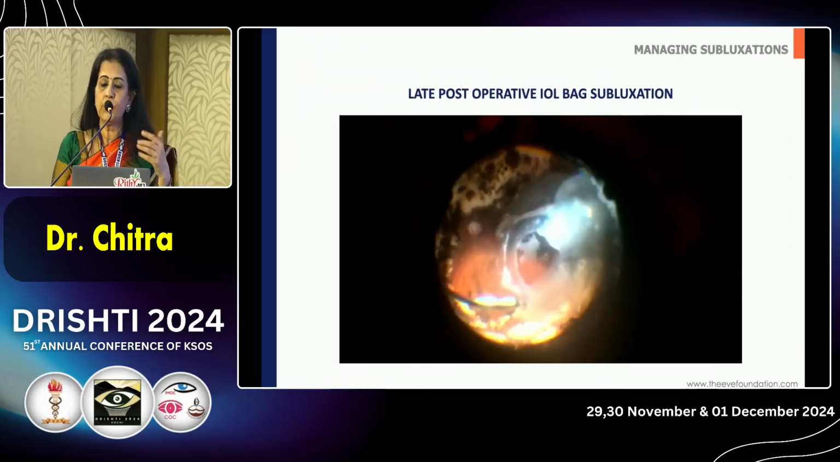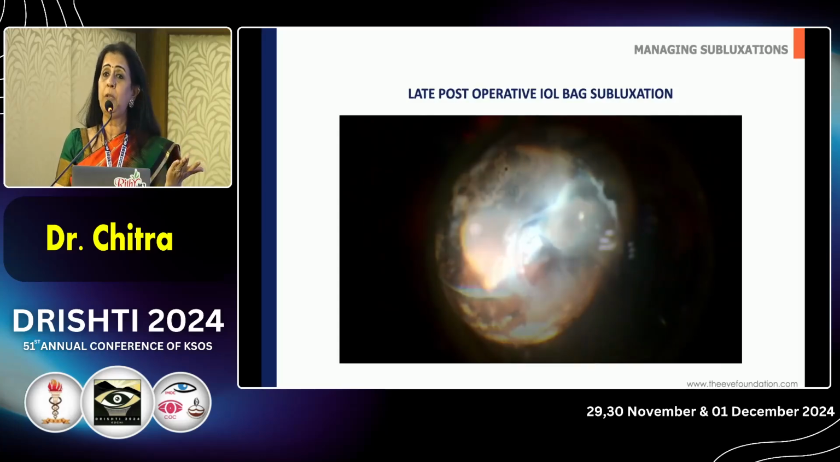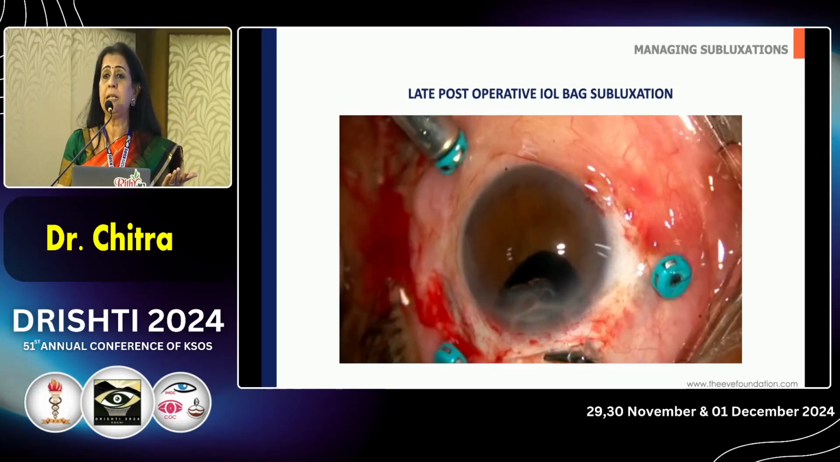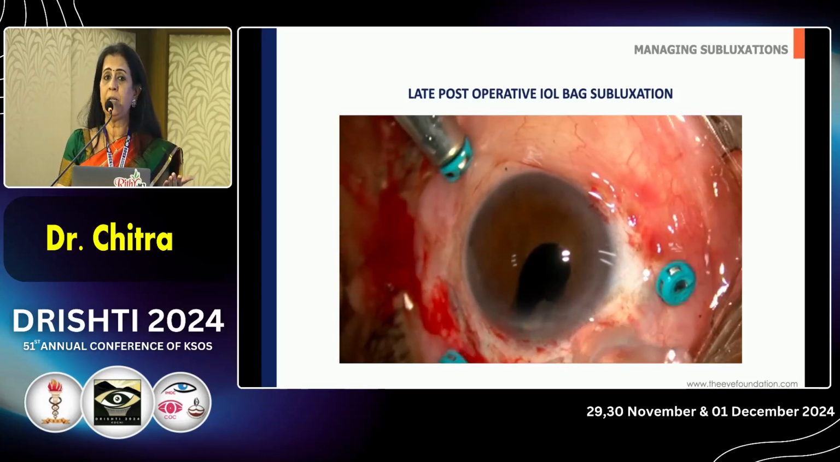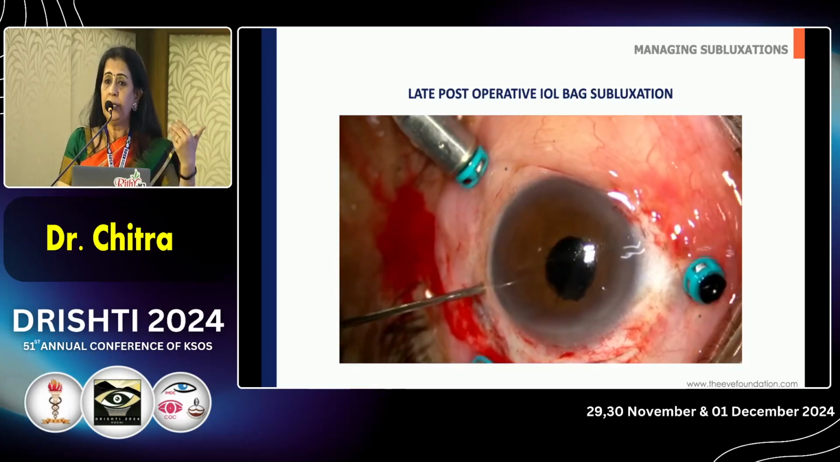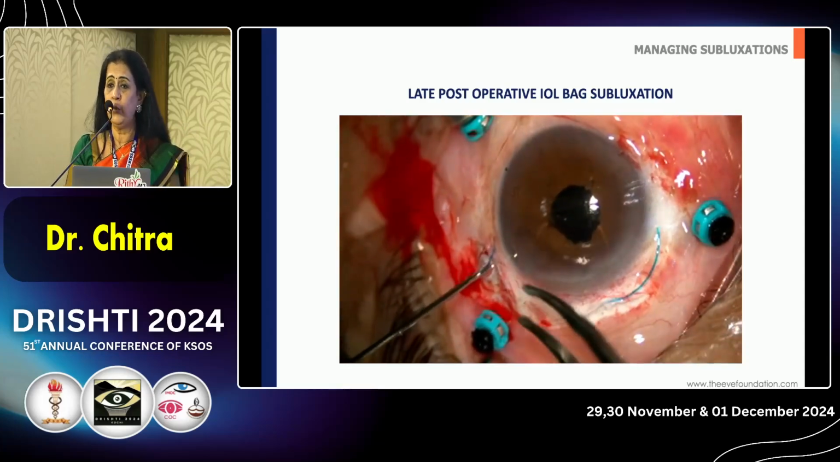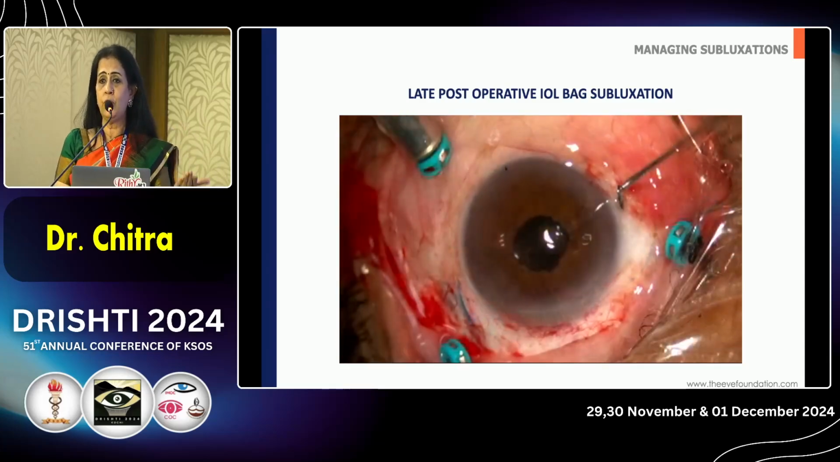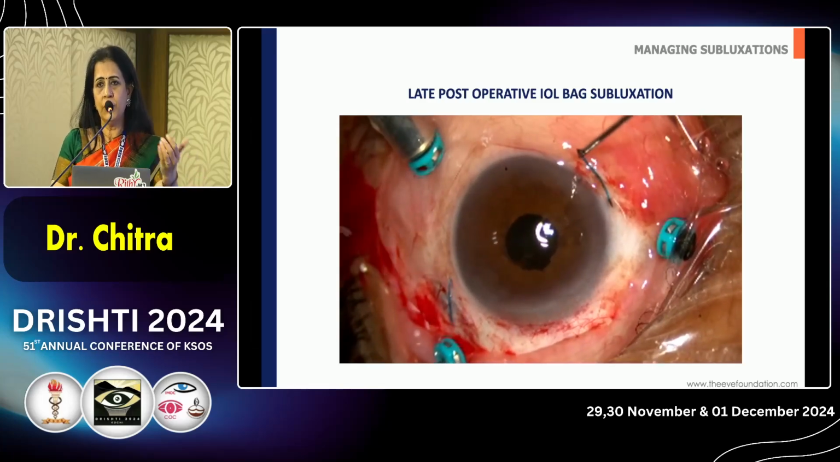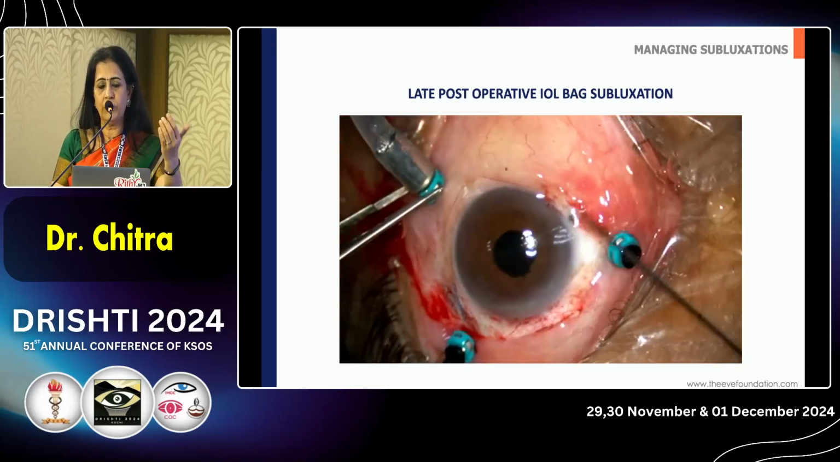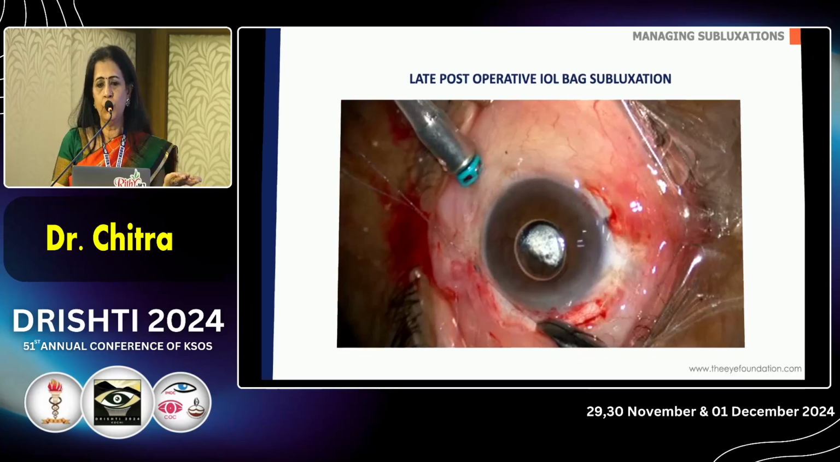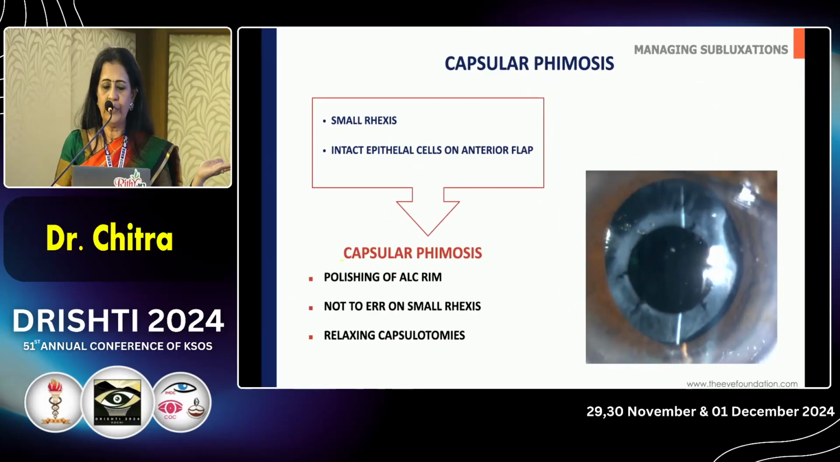Now, this was a case where the patient came in after the primary well-done surgery, but probably the stabilization of the capsular bag should have been done to the scleral wall. The patient comes with a subluxated IOL bag complex. So you need to give it to your retina surgeon to do a vitrectomy, total vitrectomy, remove it, and then do an SFIOL. Post-operatively, there are different issues, but the most important message is capsular phimosis is a possibility in